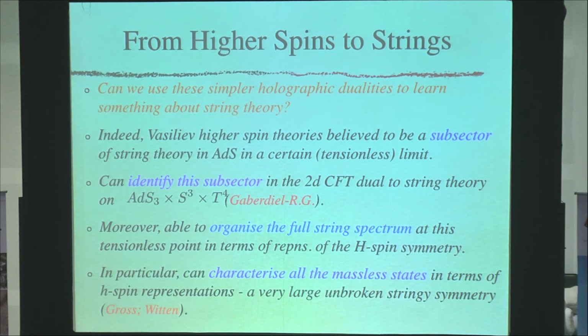So the string theory has many more states, as I said, an exponentially larger number of states. You can try to organize all of them in terms of this higher spin symmetry, and you find that indeed that's possible. And in particular, you can look at the massless states in this tensionless limit and see whether they fit into higher spin symmetry multiplets. And indeed they do. All the massless states or the corresponding conserved currents can be viewed in terms of the higher spin representations of the Vasiliev